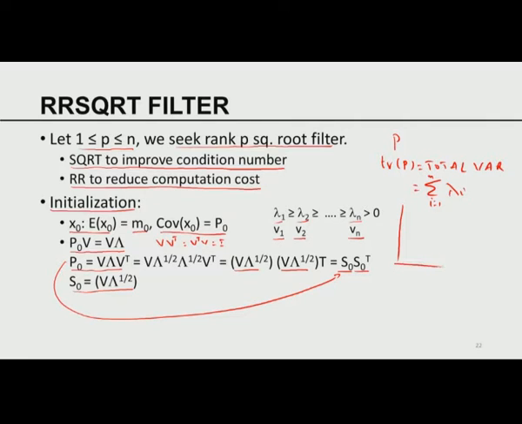If the lambdas are distributed as fast decreasing, see what are the various ways in which lambda can occur. For some matrices lambda can be flat like that, for some matrices lambda can decrease like that. So 1, 2, 3, n. This is the case we are interested in, the bottom one. If the lambdas decrease very fast, I can pick a P such that summation lambda i, i equal to 1 to P, divided by summation lambda i, i equal to 1 to n, is greater than 90%.